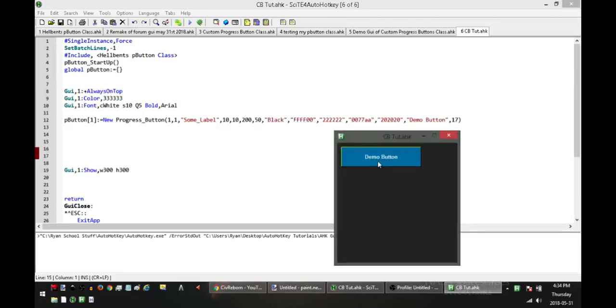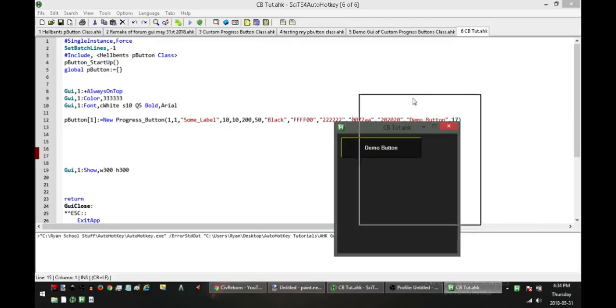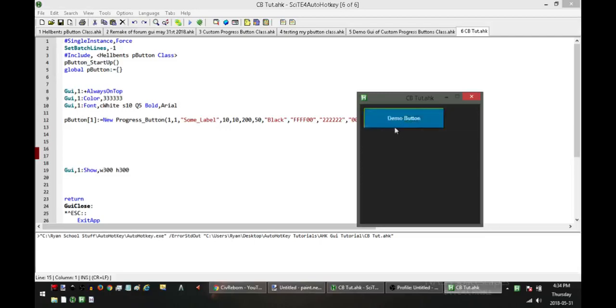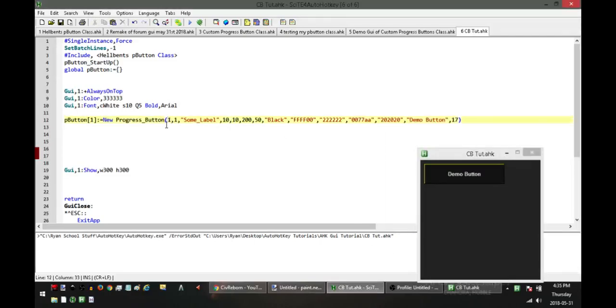Really, that's it. So I think my offset's pretty good too. I think I did a pretty good job centering that. I mean, I've been working with these buttons for a couple hours now, but so let's add another button. So this time I'll do it the other method where I'm just pushing onto it. So I'm going to do P